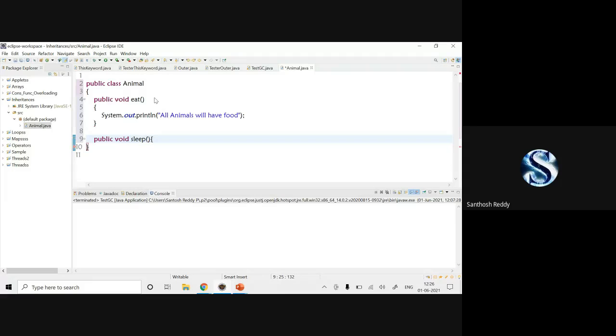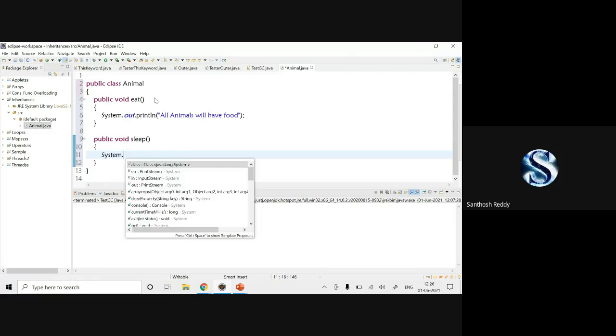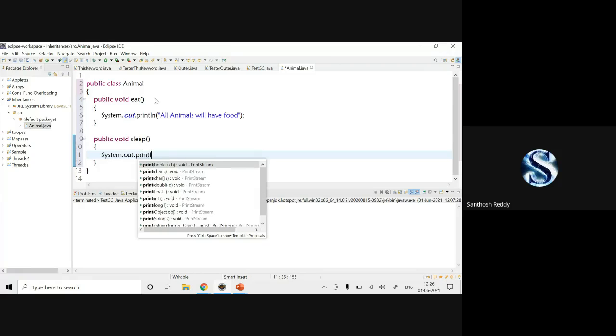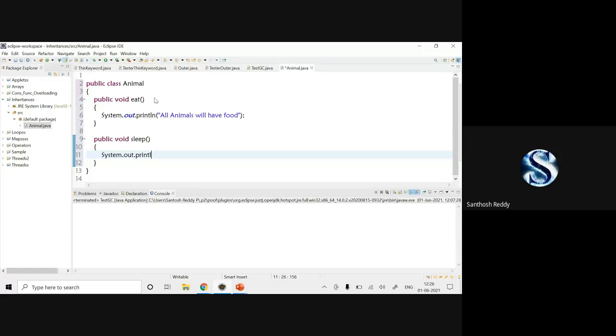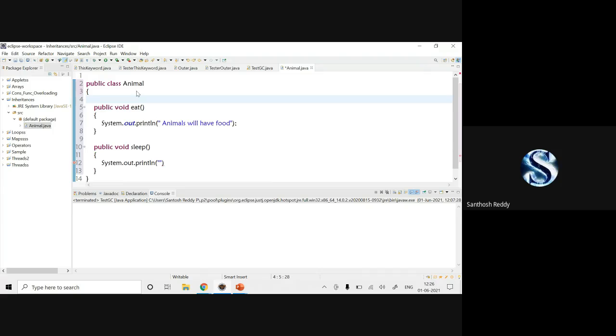So I'll write System.out.println. I won't write 'All animals', I'll specify which animal we have. So I'll write String name.